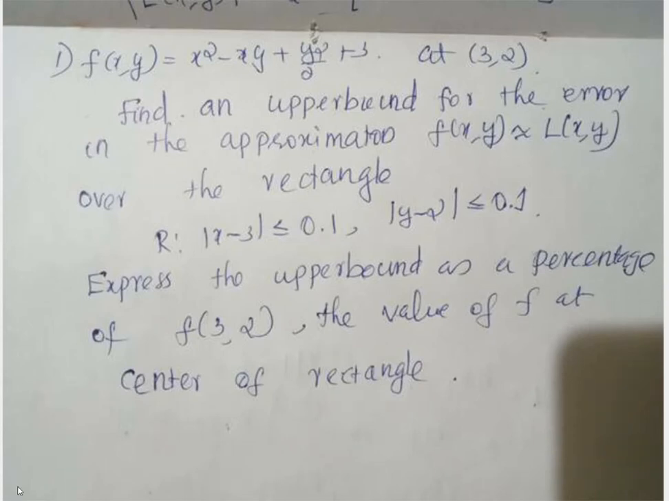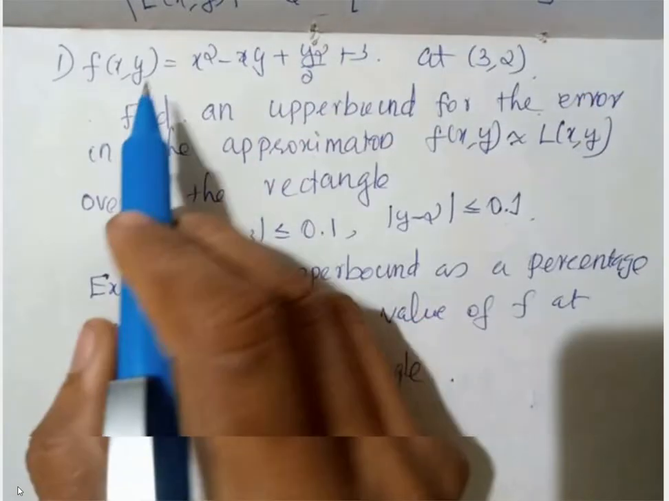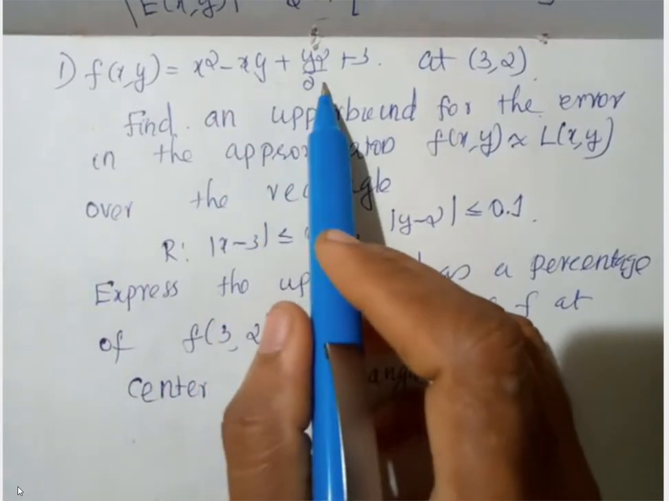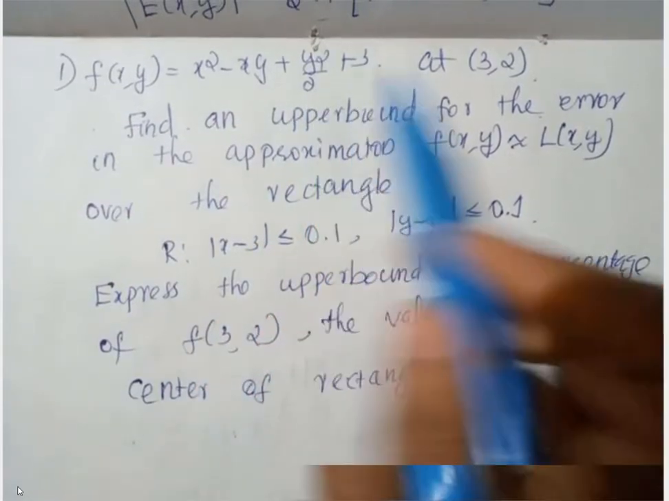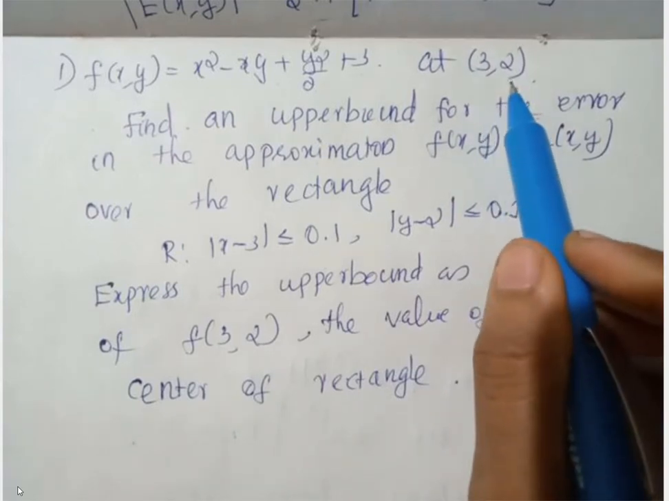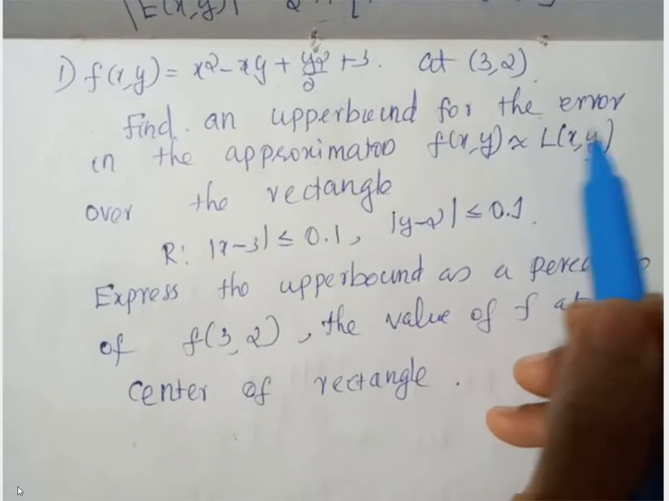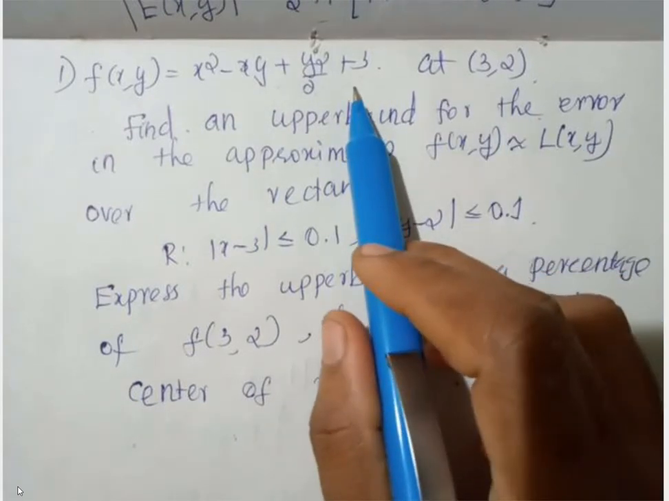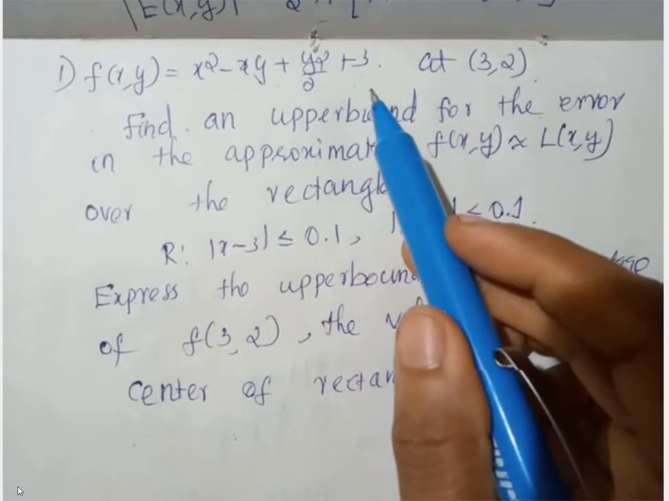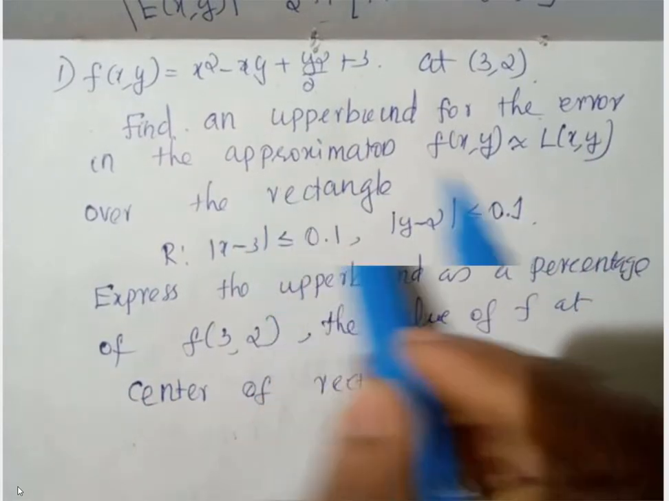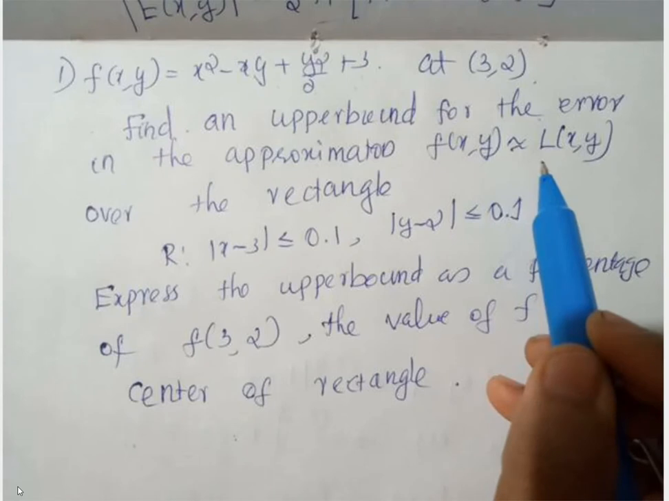In the last video, the question was f(x,y) = x² − xy + y²/2 + 3 at the point (3,2). The question was to find the upper bound for the error. First, find L(x,y), which we have already found. Find an upper bound for the error in the approximation of f(x,y) by L(x,y)